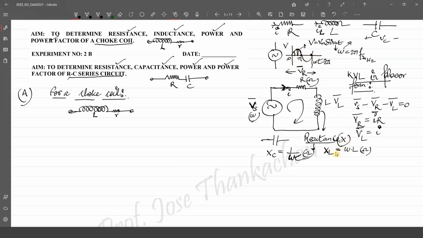So this reactance, as I told you, XL is omega into L, and Xc is 1 by omega C. Now how to represent this? Because the resistance does not have any phase. This quantity does not have any phase. It's a scalar value, but XL will not be the same. We cannot write down directly R plus XL. So there will be a component we have to represent.